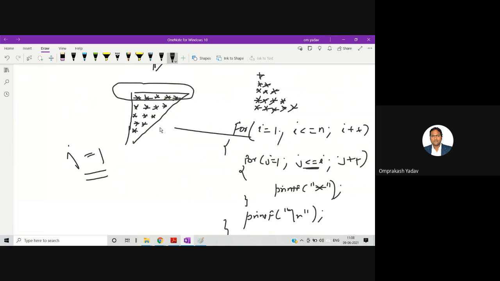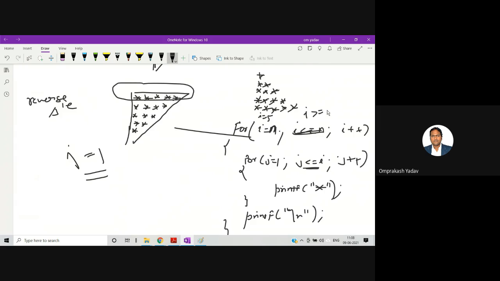Since this is a reverse, what did I give the name? Reverse triangle, right? Why did I give that? Because this is the reverse of the first one. So you can start the I value from n. If I start from n, that is, I will start from 5, and this will go till I is greater than equal to 1.